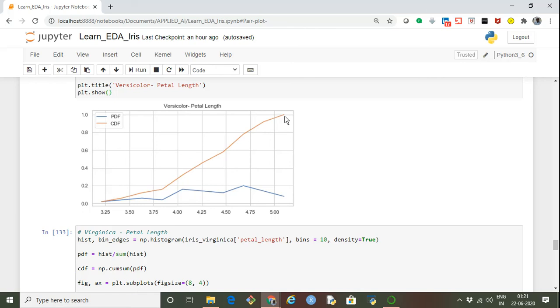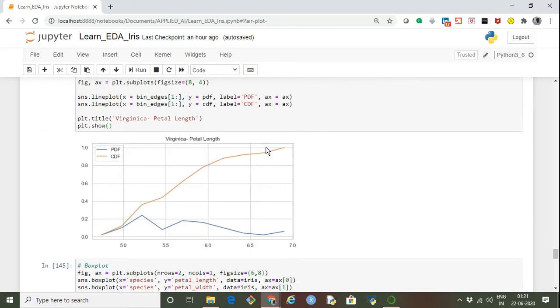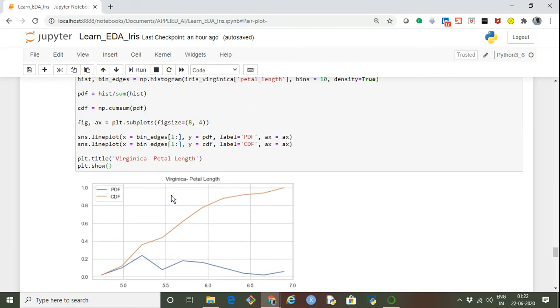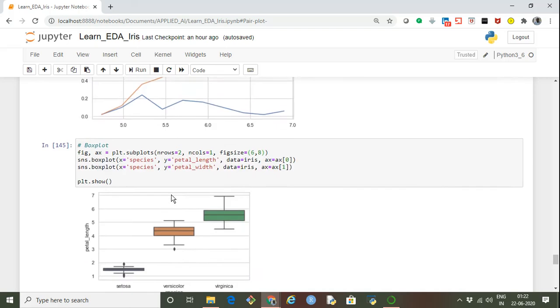And for virginica, it starts lower than 5 and goes up to 7. So there is some overlap between 4.5 and 5 where we cannot clearly distinguish between virginica and versicolor, but other than that we can clearly distinguish whether a given flower, based on just petal length, belongs to setosa, versicolor or virginica.